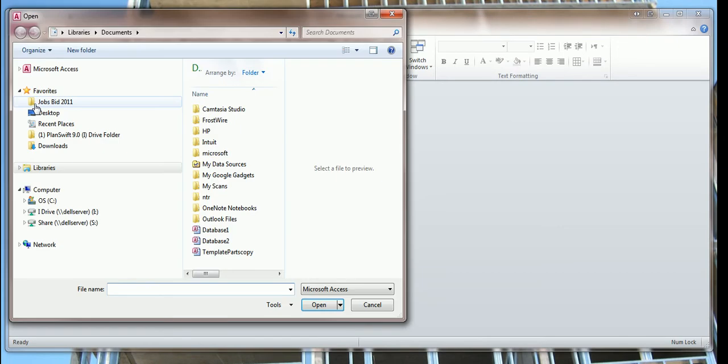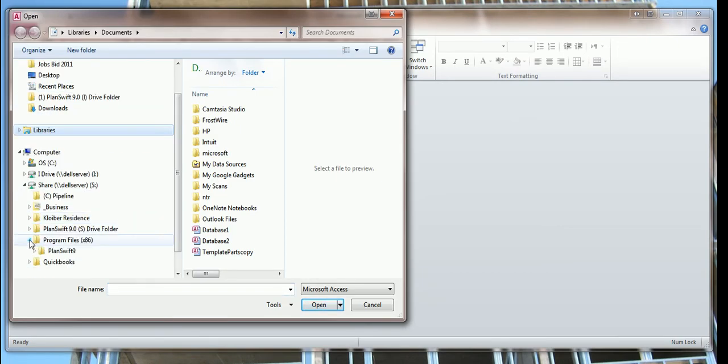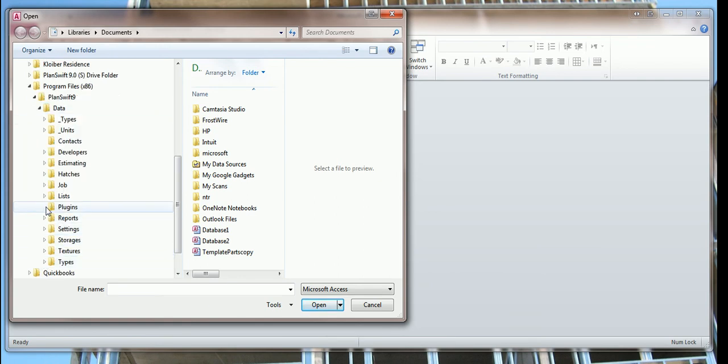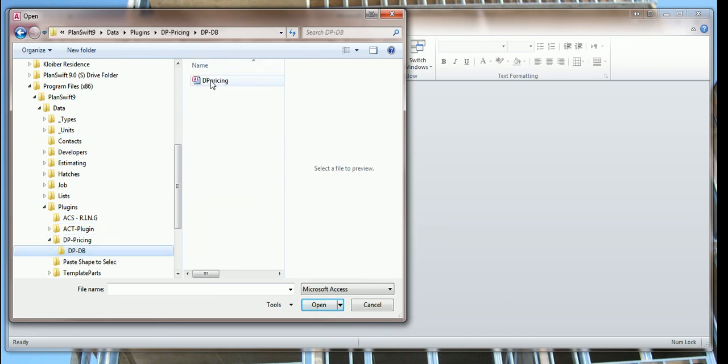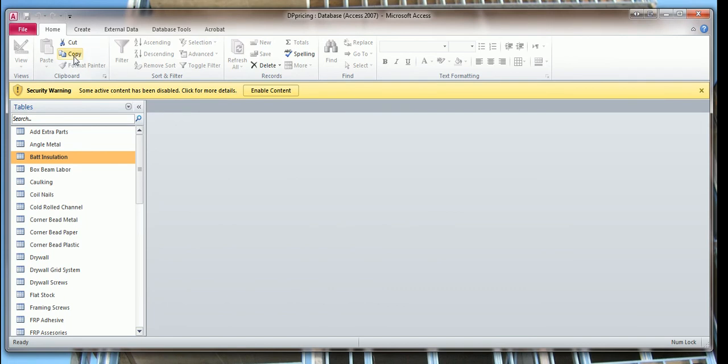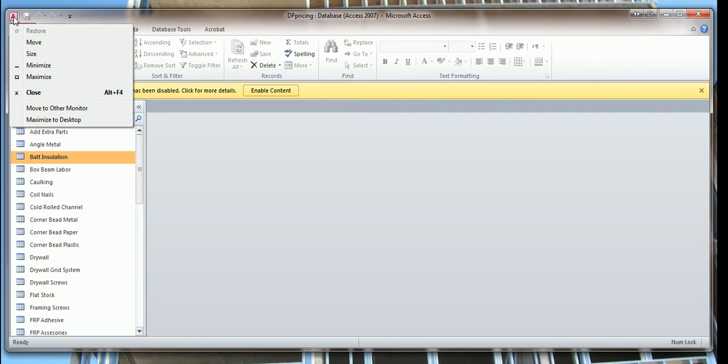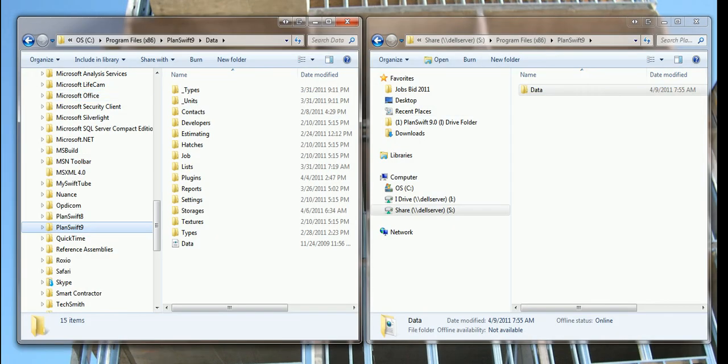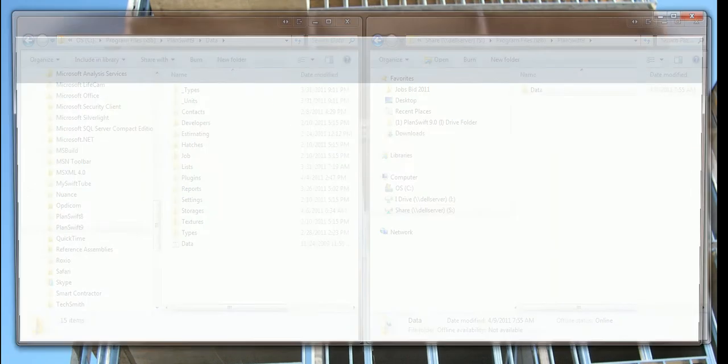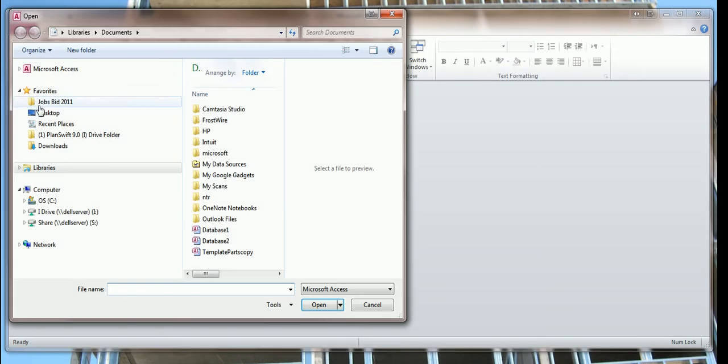You want to come over here right away, and you want to go into your server and go to the two files, and you want to go to the plugins, the DP pricing folder, and you want to open this in Microsoft Access, okay? And then you want to close it,